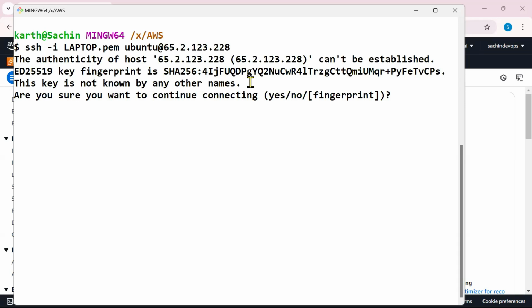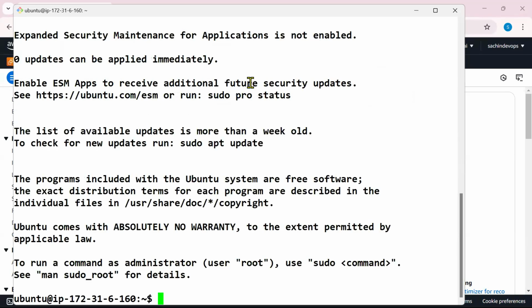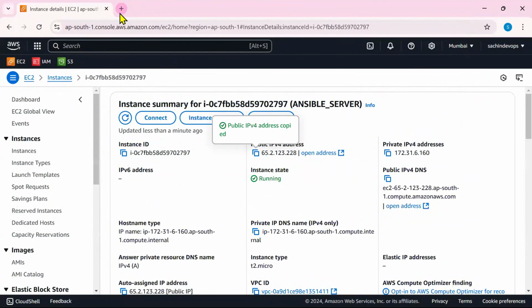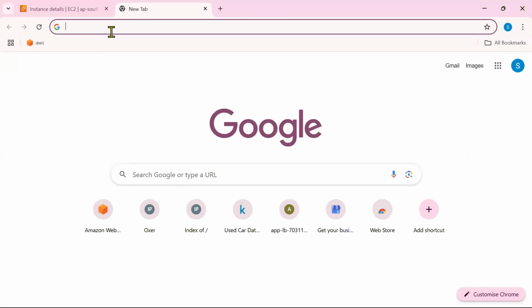Done. See, we have created this machine with the operating system Linux, right? Once that is done, I just need to